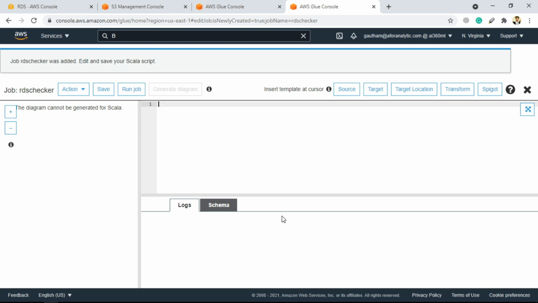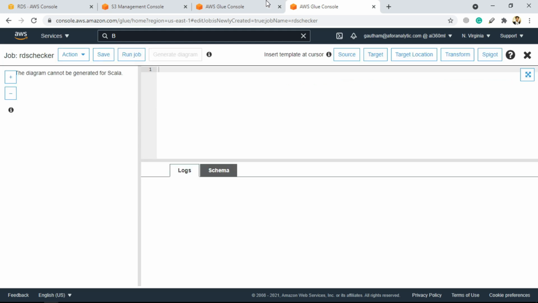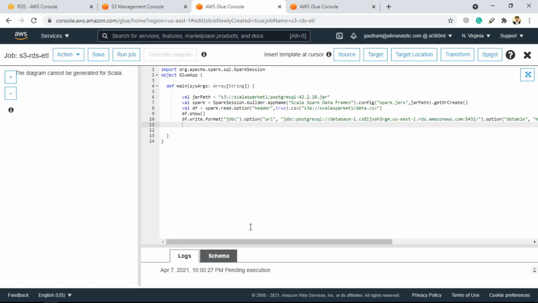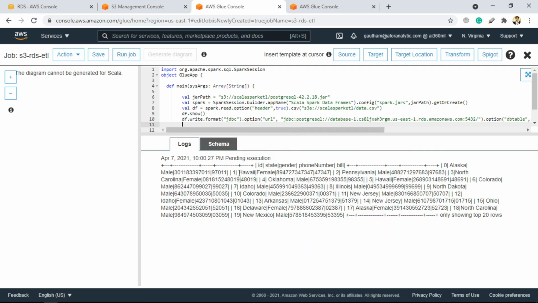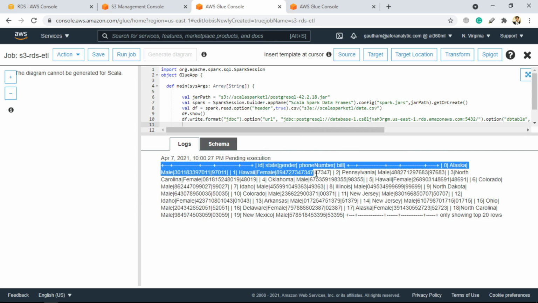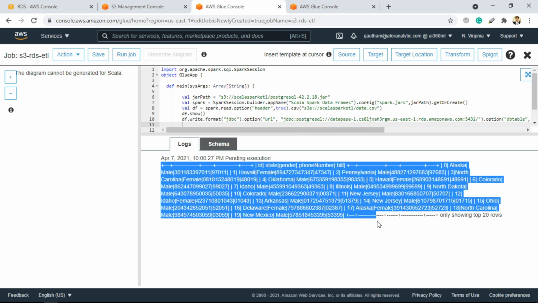Now, if we go to the previous job, it has been completed. Now there is no run job. What we can do is scroll this up to see the logs. Here it just printed the data that it was getting. It was only getting the top 20 rows, which it just printed. We don't really need to worry about the formatting, because that's how Glue